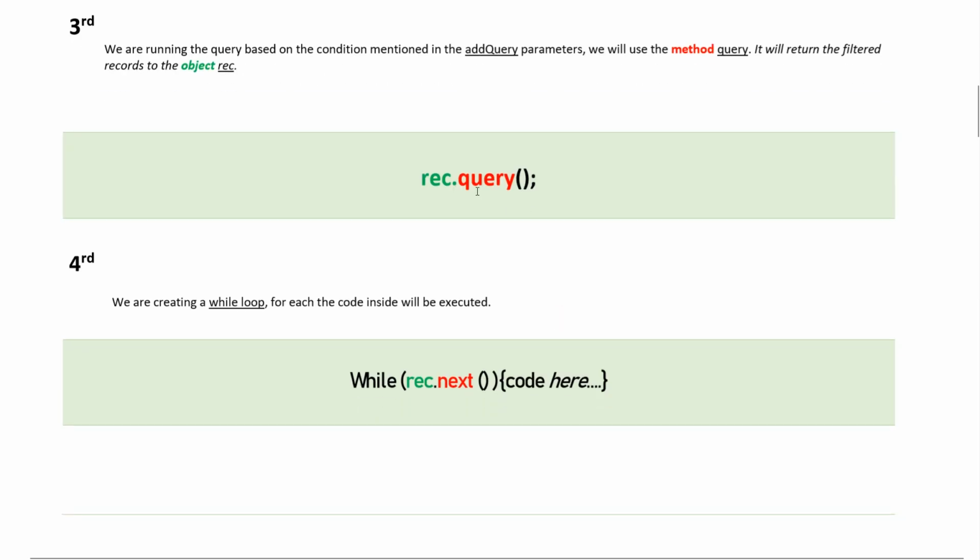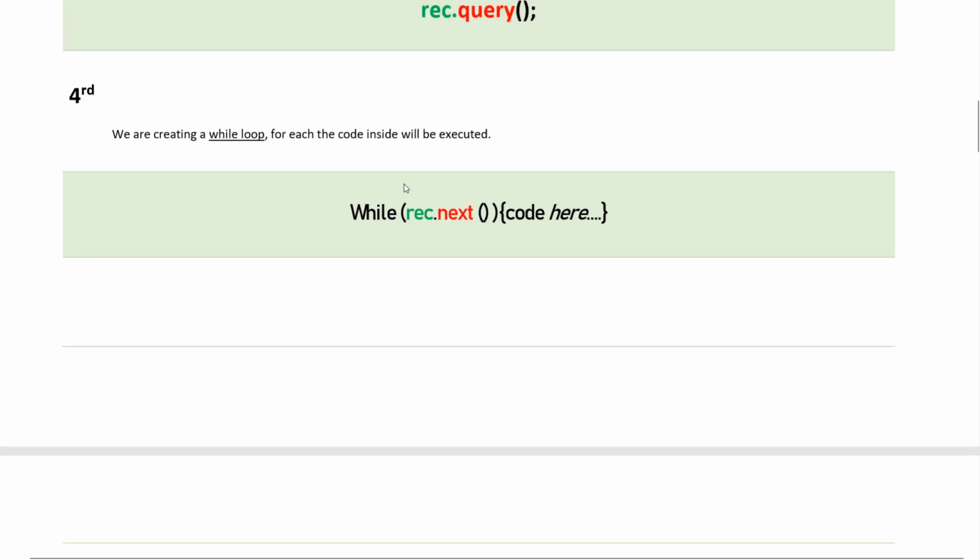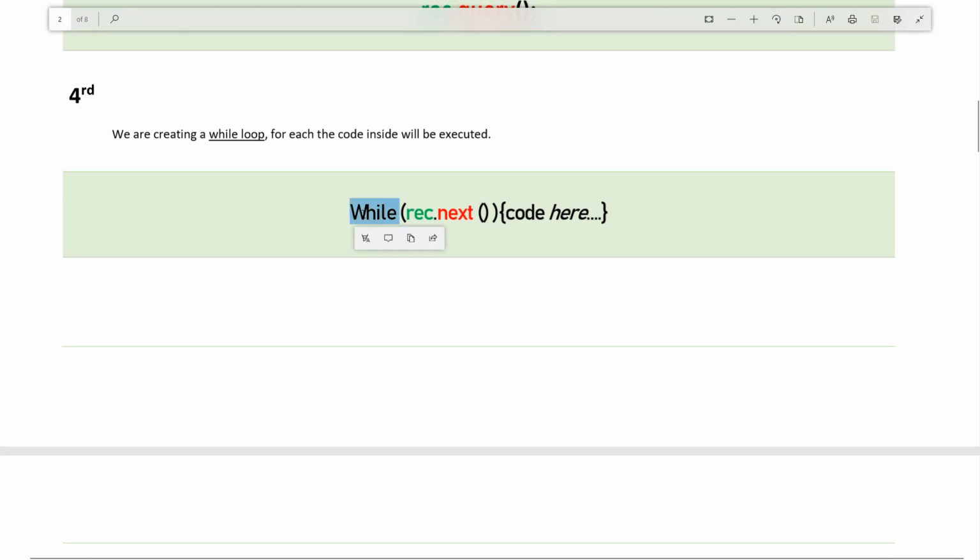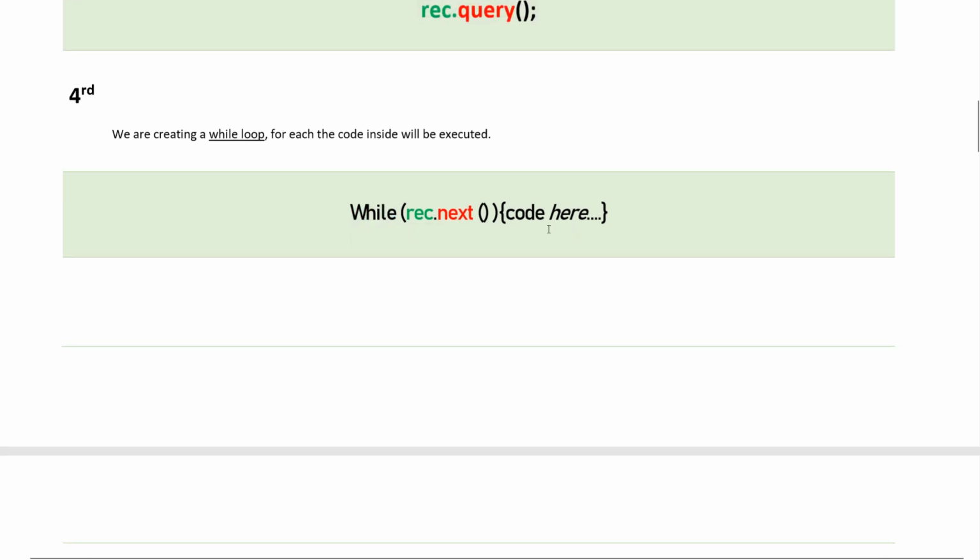So we have done our query. So here we have to write our while loop. I made a mistake: while shouldn't be in capital, and the rest of the thing is perfect. And here, while rec.next, double brackets, and then you close the while thing,